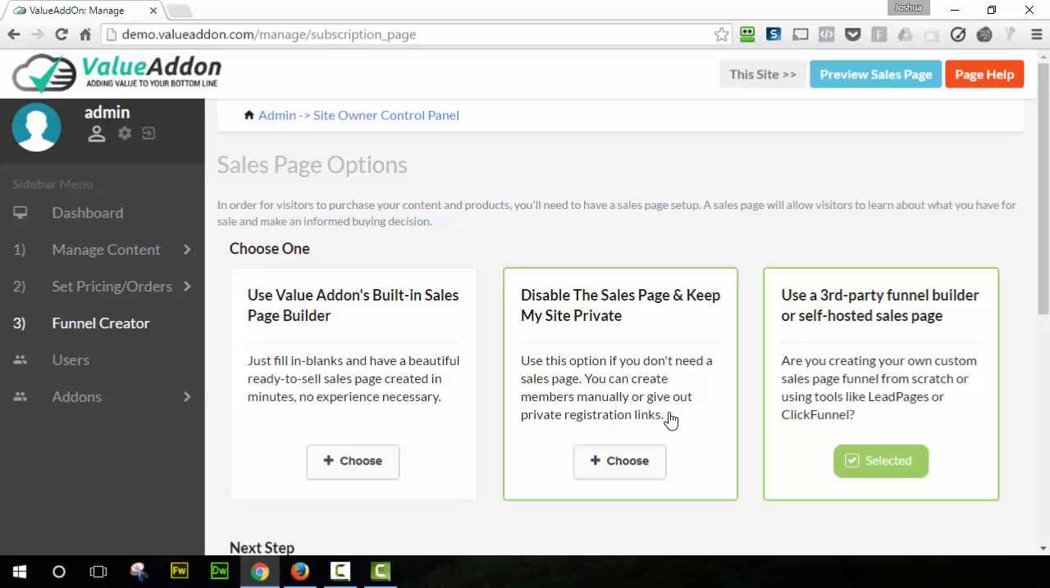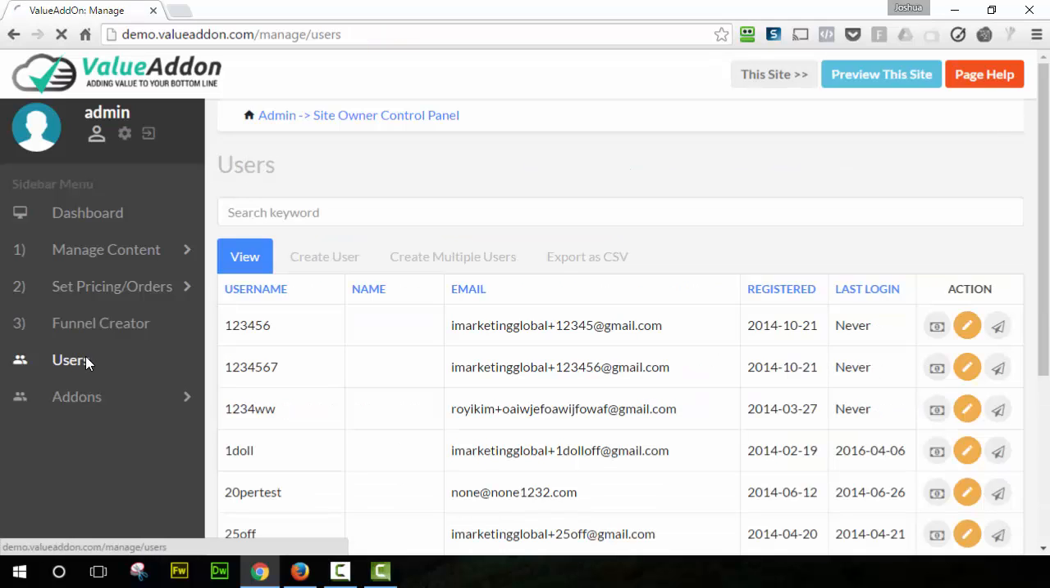You can see how easy Value Addon is to use with this new user interface and our new Value Addon 2.0. When you go to your Users tab, here's where you manage all of your students and all of your members. You can view their information. You can resend them their login information right here. You can edit users. You can edit their contact